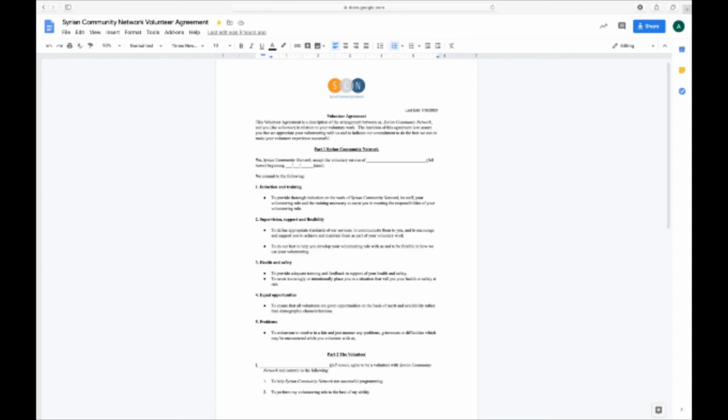Okay, so in this next section, we're going to read over the volunteer agreement. This agreement is available on our volunteer website. You'll go to File, Download, and you can download it as a Word document or PDF or whatever you prefer. And if you are having trouble finding it, you can always email Amanda at SyrianCommunityNetwork.org, and she will forward you